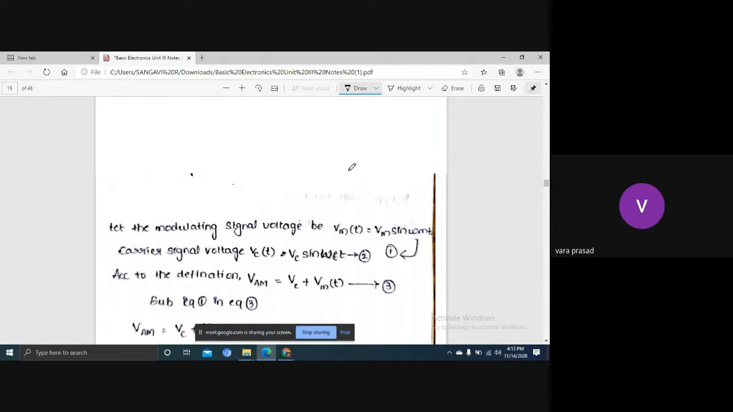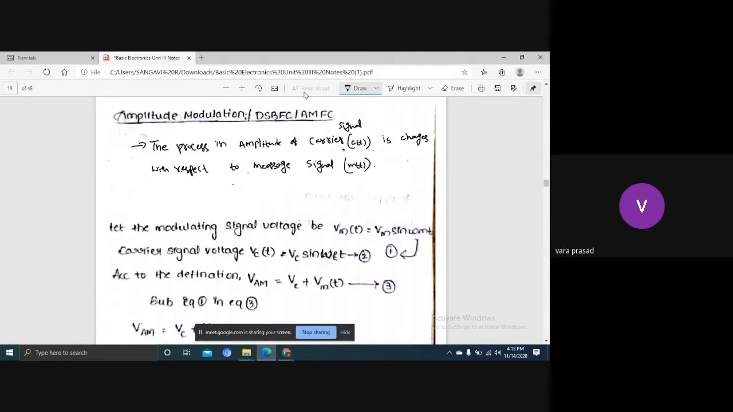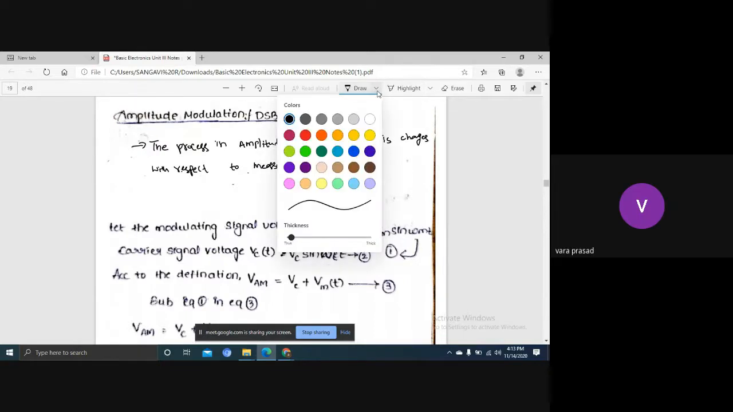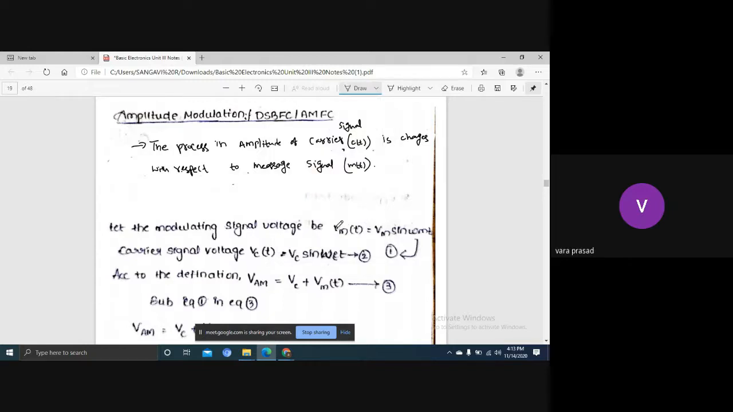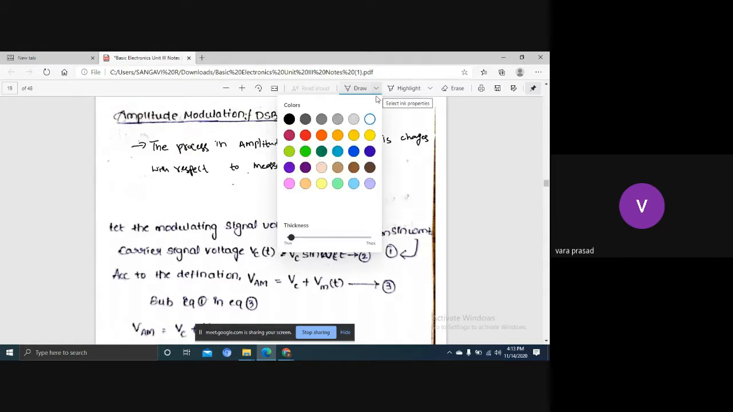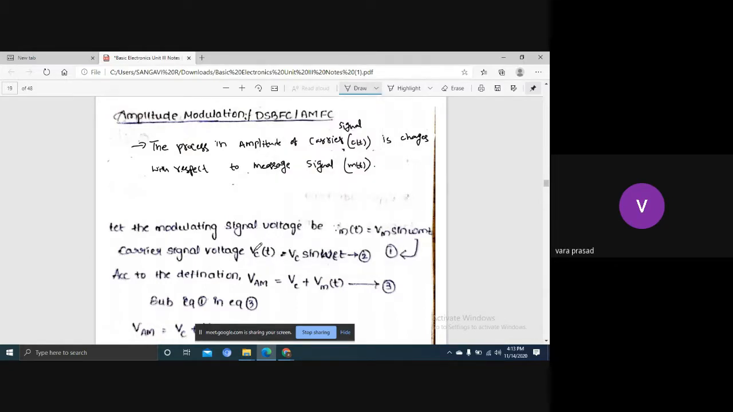Let the modulating signal I can write as Vm of t, or else we can take it as m of t. m of t is equal to Vm sine omega m t. This is c of t. Here, according to the definition,